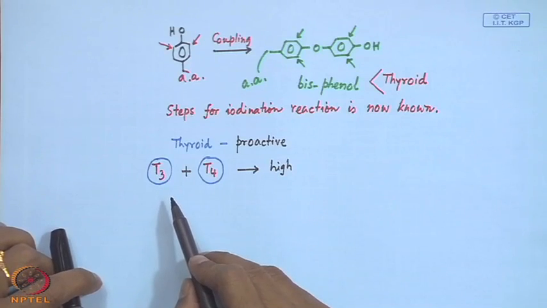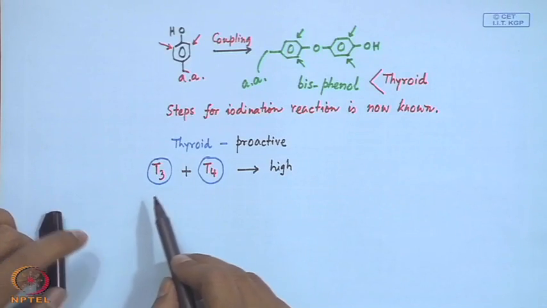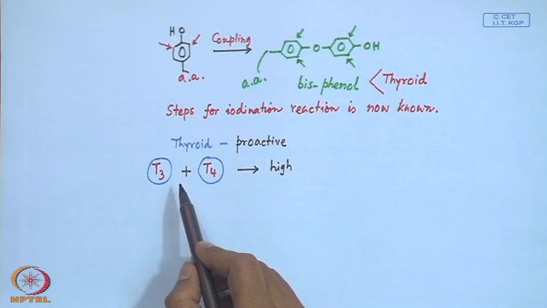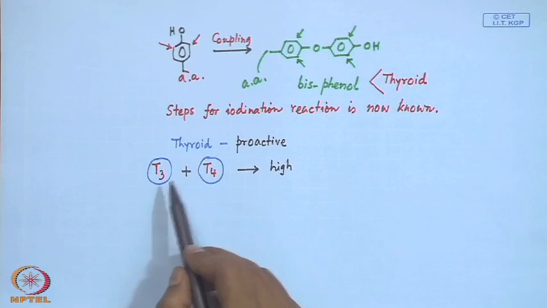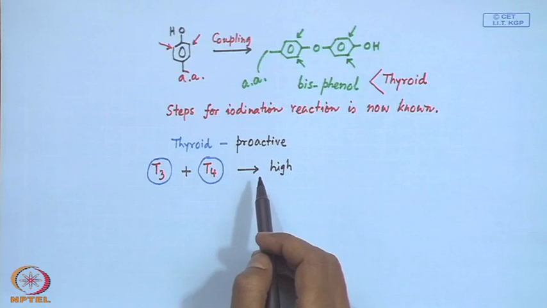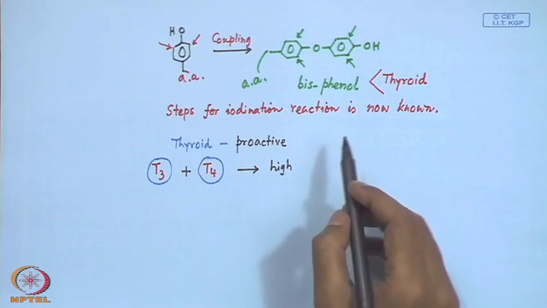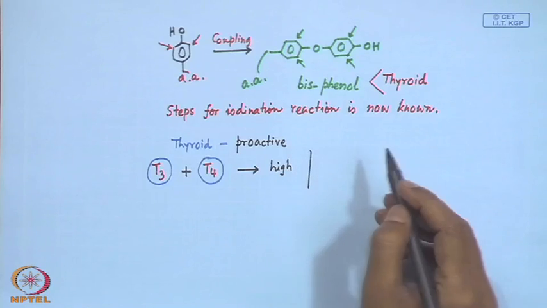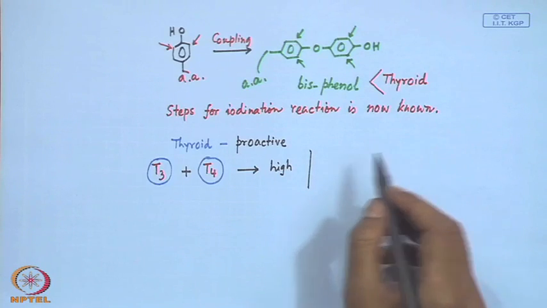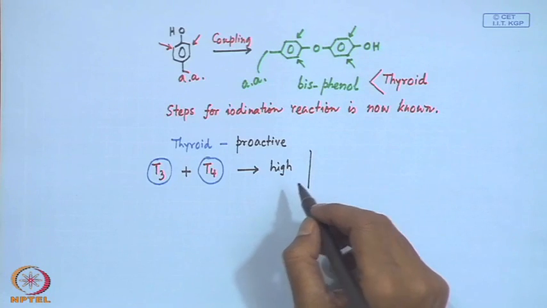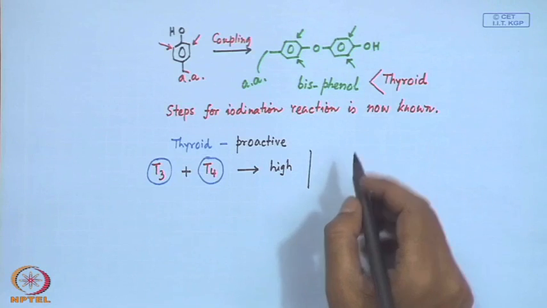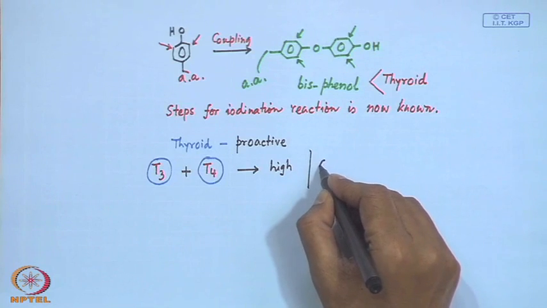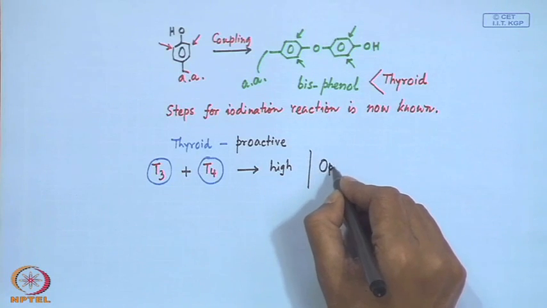If the concentration is less, we have some disease symptoms, and if the concentration is high, we can have another type of diseased condition. So, both are not good for our system, the high concentration of T3 and T4 and the low concentration of T3 and T4. We must have some optimum concentration